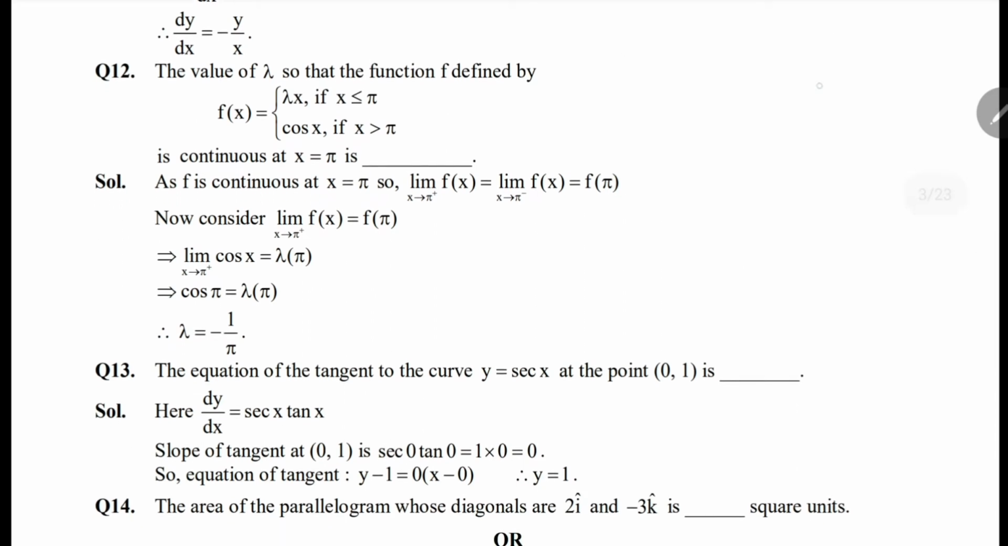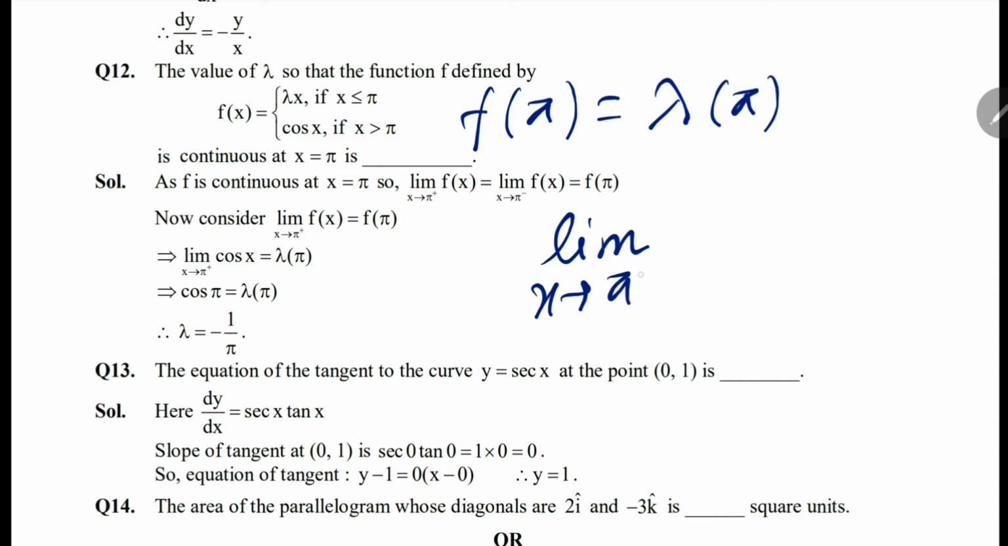We have to obtain the value of lambda so that this function will be continuous at x equal to pi. Now recall that for a function to be continuous at x equal to pi, its LHL and RHL must be equal, and they must be equal to f of pi. Now here f of pi will be lambda into pi. Okay, and we will take